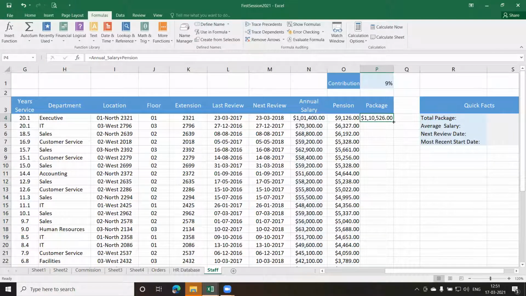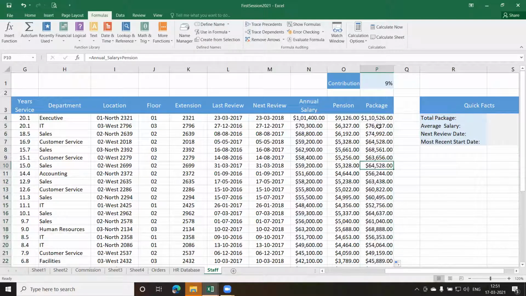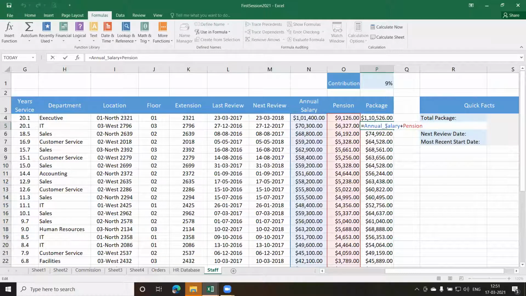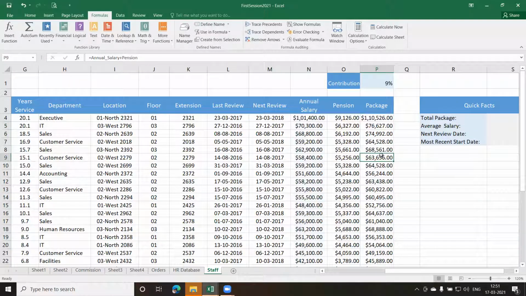If I drag this down or double click it, you can see the values are different. Even though I have given annual salary plus pension, it refers to the same row values. So N5 plus O5 will give me this package. Clear? Again, you can define a name for the range and use that in your calculation as well.